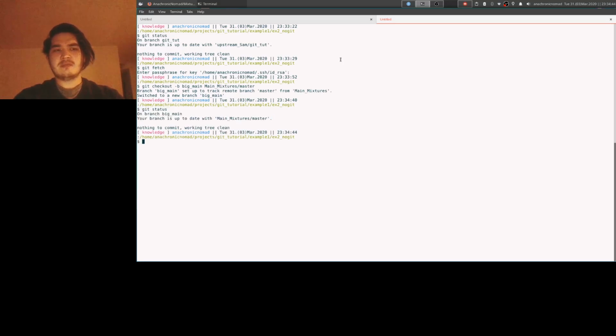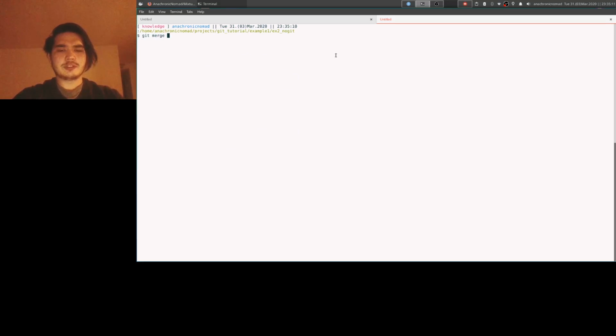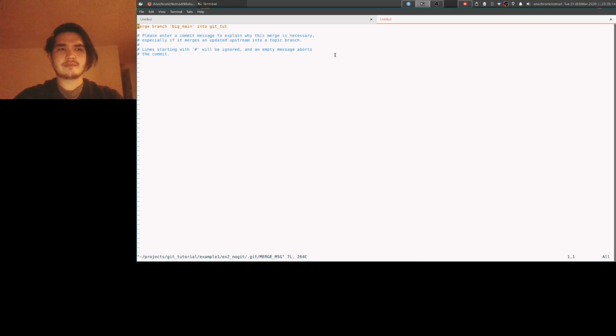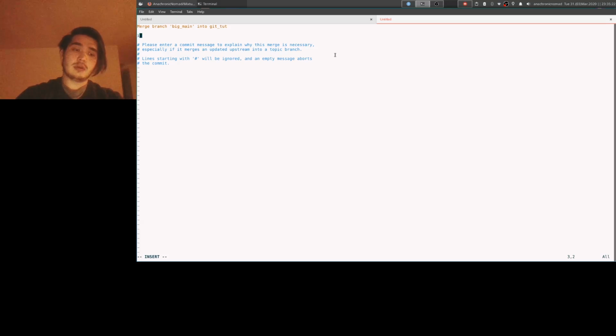And now, of course, we're in big main. The way I like to do this is I like to switch over first into the local branch that I know that I'll be merging into. It helps keep track of which things go where a little bit. And I want to git merge big main, which will take everything from big main and bring it into big2, the git2 branch that we've made,